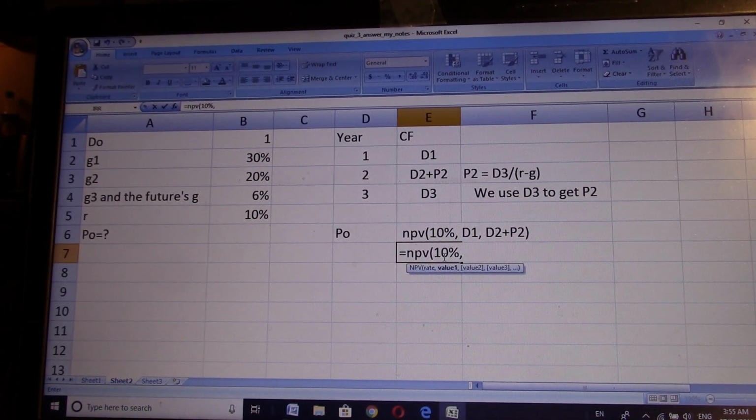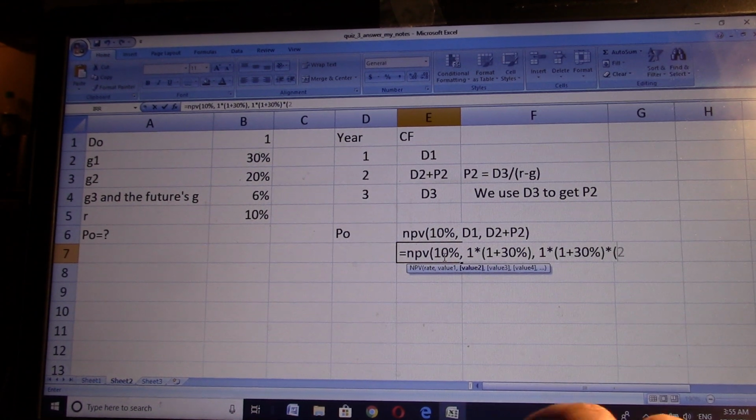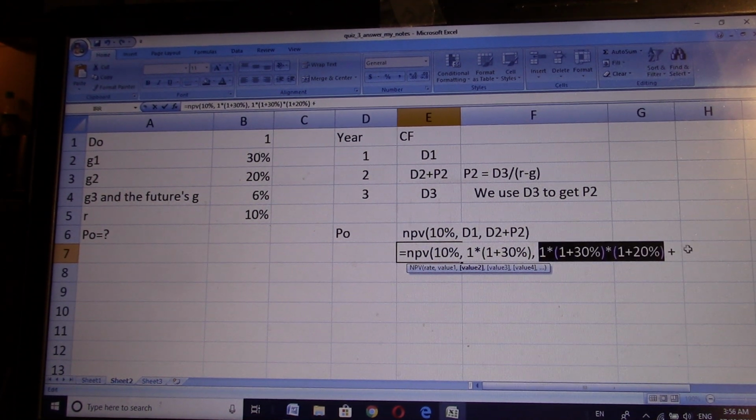10%. D1 is $1 increased by 30%. And D2 is from D1, so it's increased by another 20%. So this is D2. Now we got D2, but we also have to add P2. P2 equals D3. How much is D3? D3 equals D2